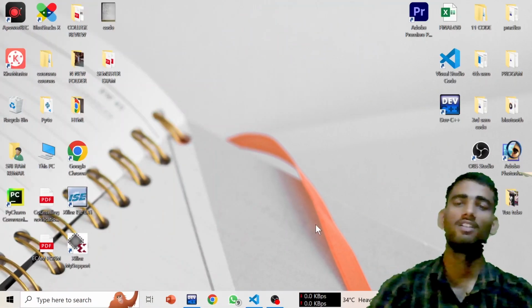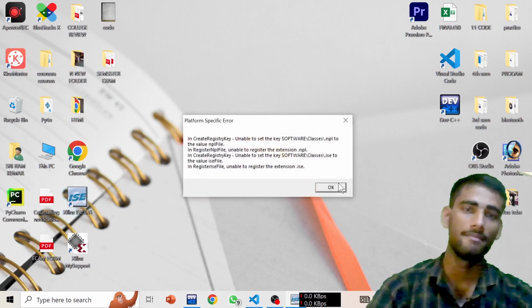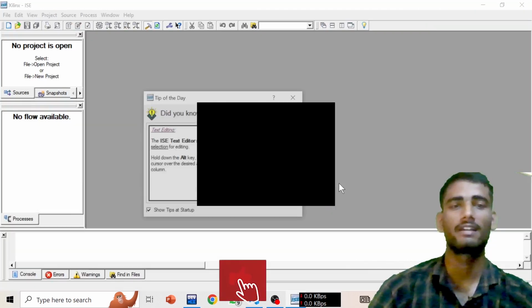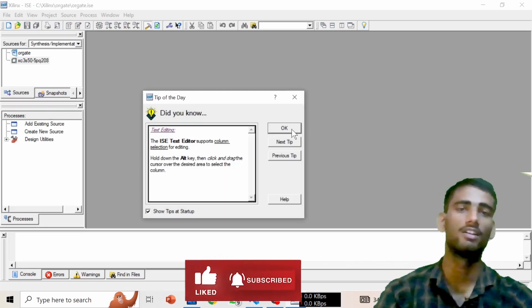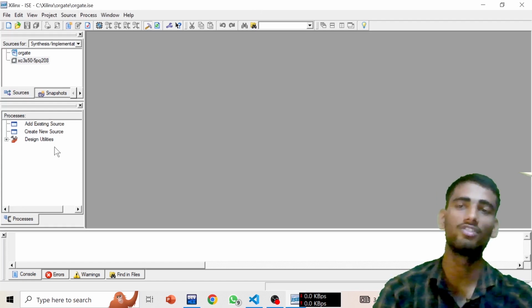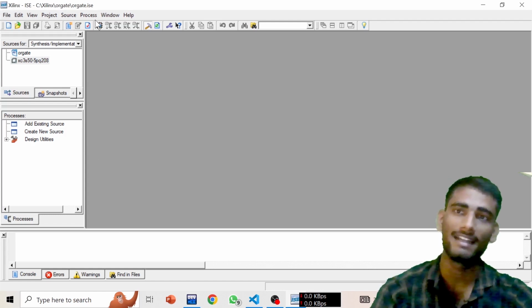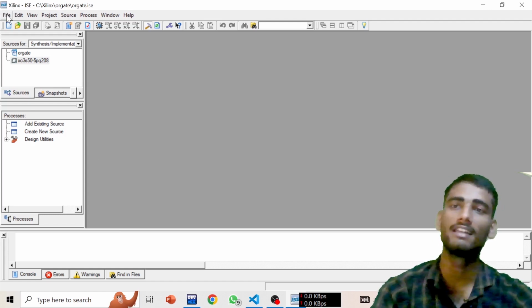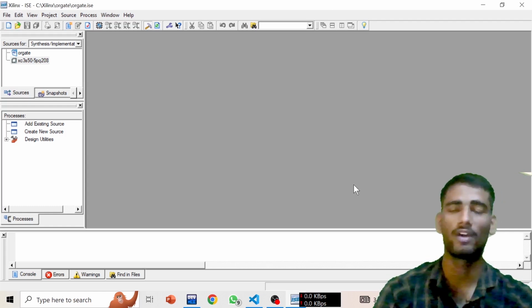First of all, you have to open the software, Linux ISC, and click OK. It will take some time depending on your system. Now I have opened it, and this is the complete interface of the Linux ISC software, where you will get various things. This is the title bar, where you can create a file, exit, view, project, and various other things. But I will go point by point.